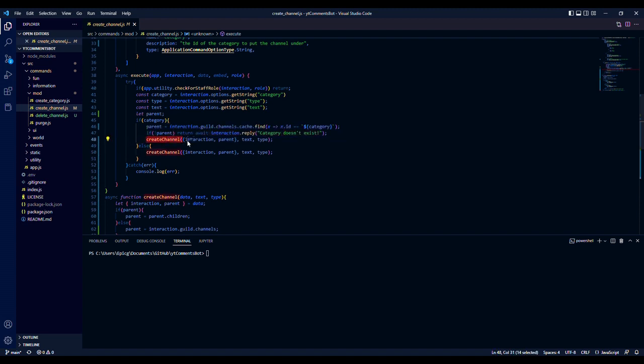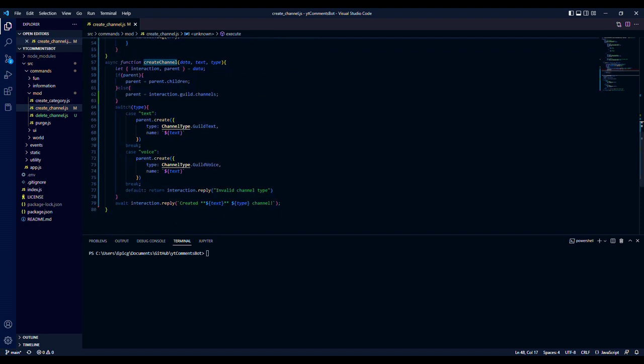Just make sure you open brackets, put your interaction and your parent into there, your text and your type. And then your else, same with that. So remove those two switch statements and just put these in there because we're going to do it in the